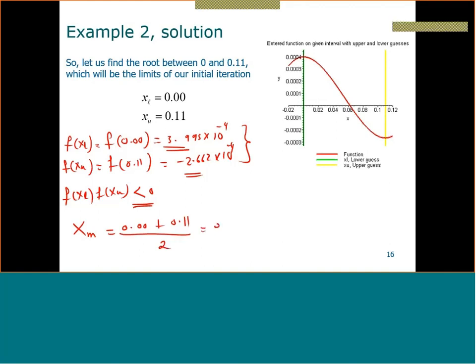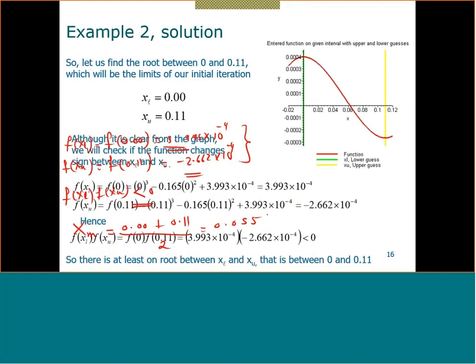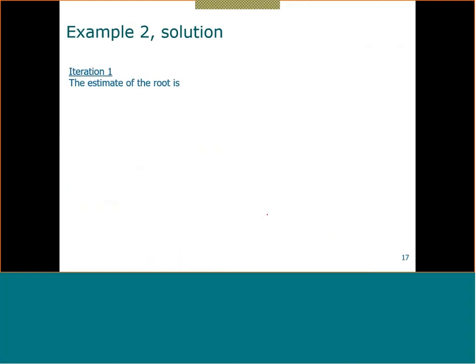I now have 2 intervals: from 0 to 0.055, and the other interval from 0.055 to 0.11. I want to know, is the answer here or there? This is what I don't know. I know f of 0 is a positive number. I know f of 0.11 is a negative number, so I want to see what f of